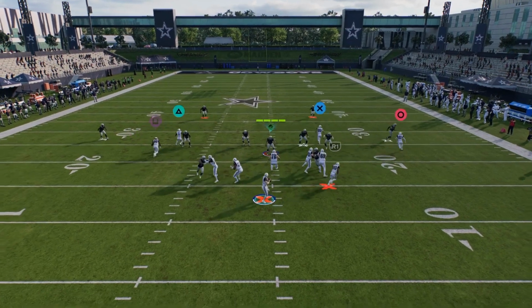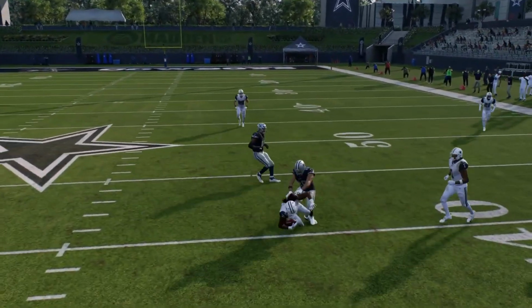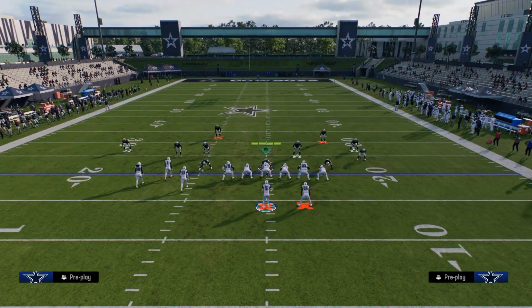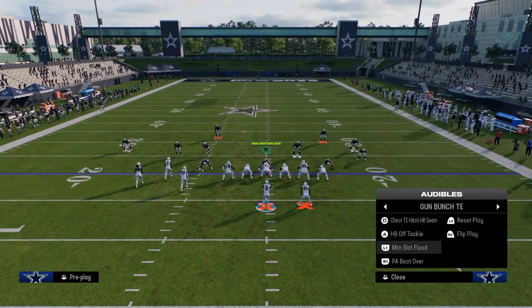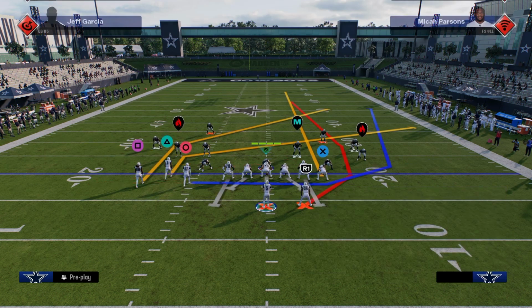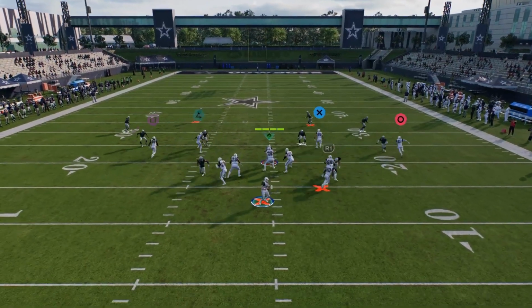Now you're going to the right side. Boom. And then you have this kind of backside high-low between the drag and the post. The reason I like the slant post instead of the drag post on this is primarily because you'll see here, and I kind of messed up the play, but I just want you to watch